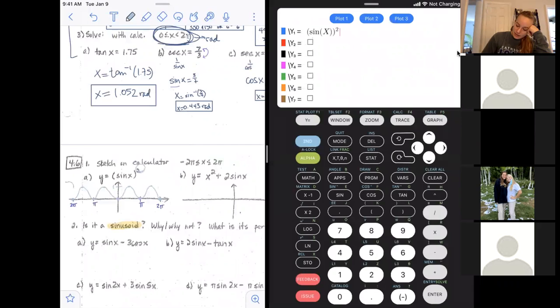The next graph I'm going to do is I'm going to erase that one, clear it out, and I'm going to do x squared plus 2 times sine of x. So that's the second equation we're going to do: x squared plus 2 sine of x. Now, when I graph this,